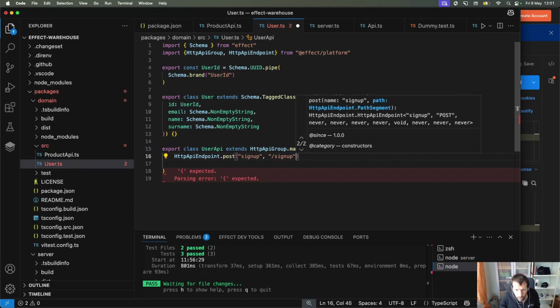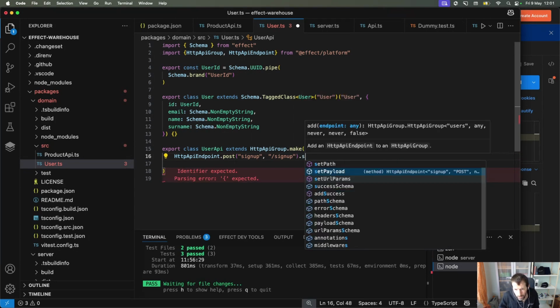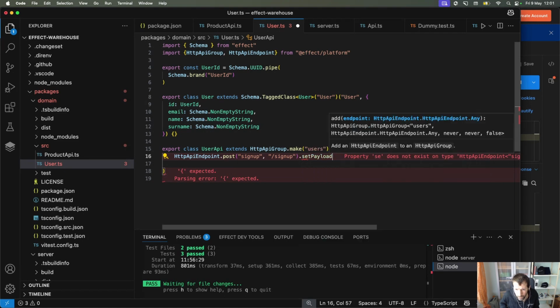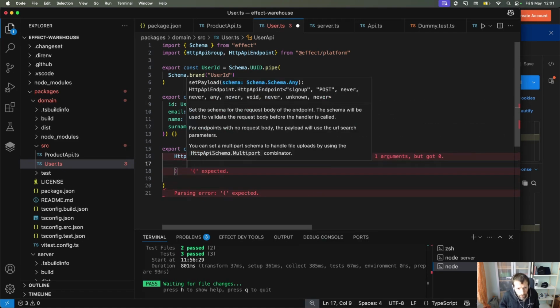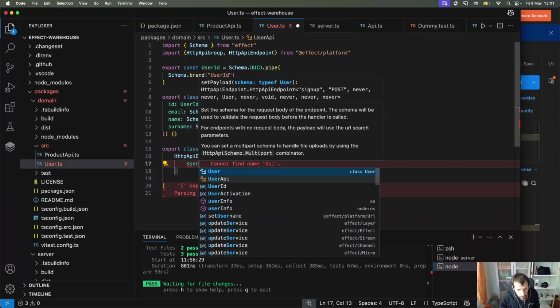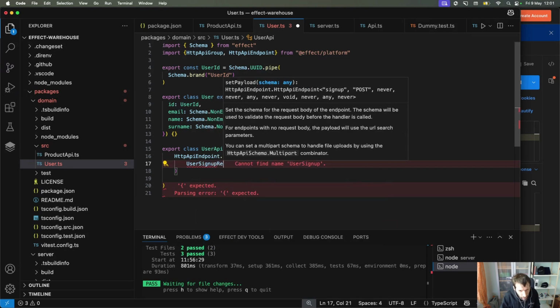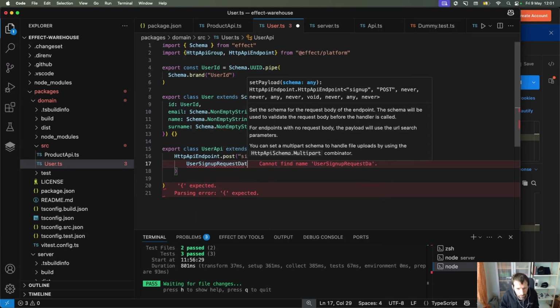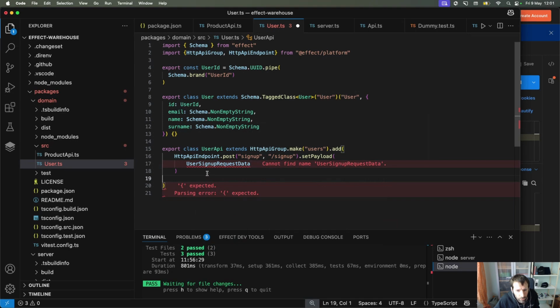And then we want to set the payload of that to be a user sign up request data that we need to create, and say something like